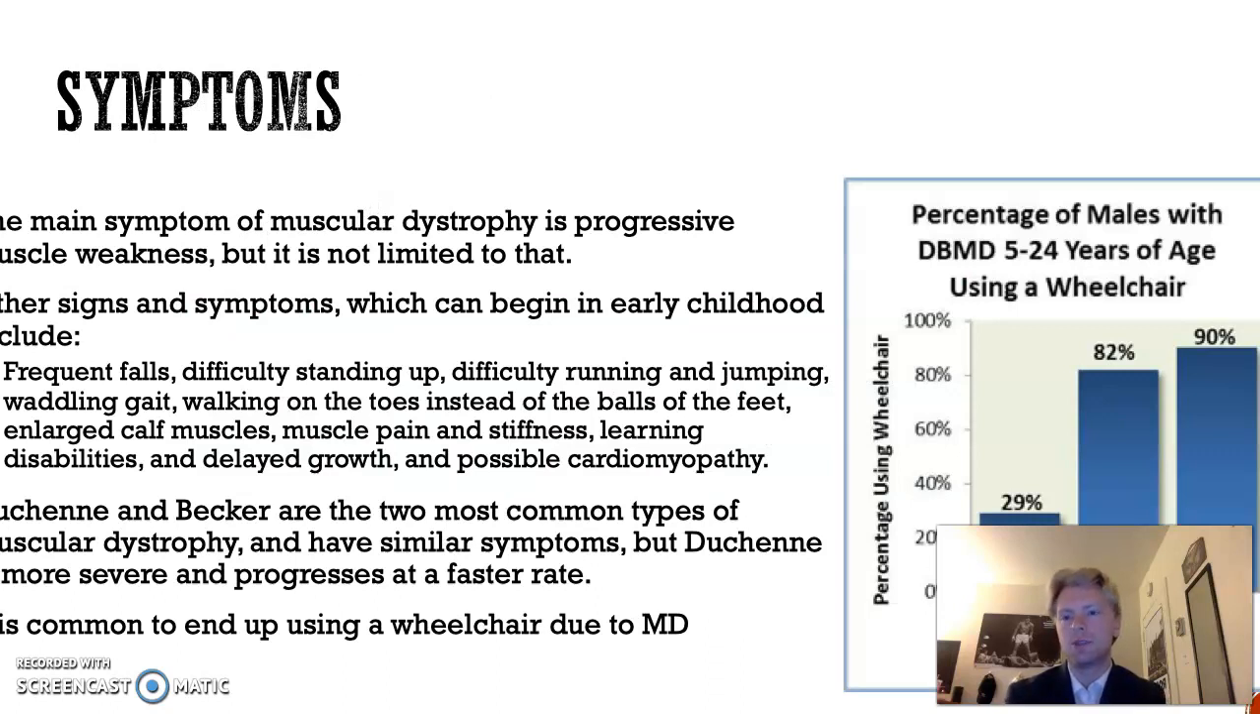So just some symptoms of muscular dystrophy. The main symptom is progressive muscle weakness, but there are more symptoms than that. It's not limited to just muscle weakness. So other signs and symptoms, which can begin as early as 2 to 5 years old, include frequent falls, difficulty